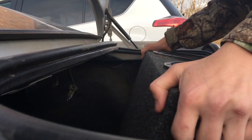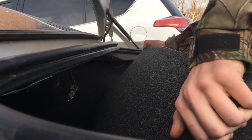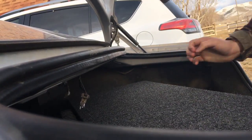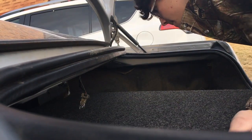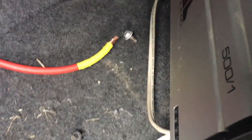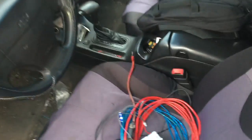Alright, so next what you want to do is set your subs in your trunk at an angle like I'm about to show you. Alright, so now we got our subs just kind of sitting in here. We just wanted them at an angle so we can get back here to these little bolts. So let's start with the easiest thing,